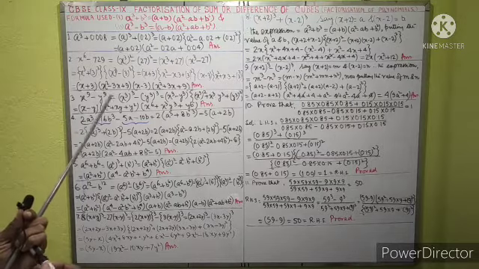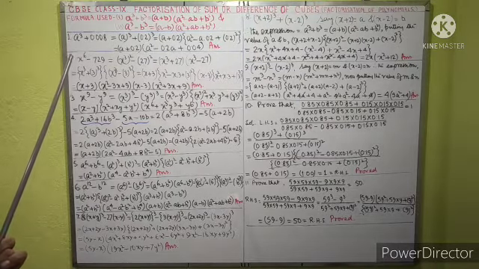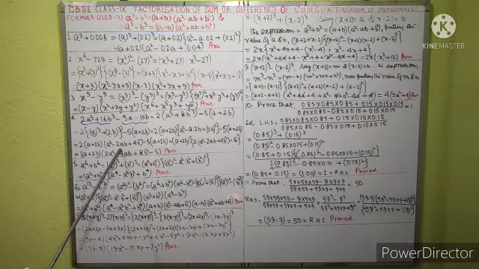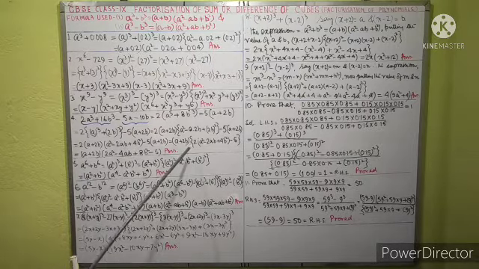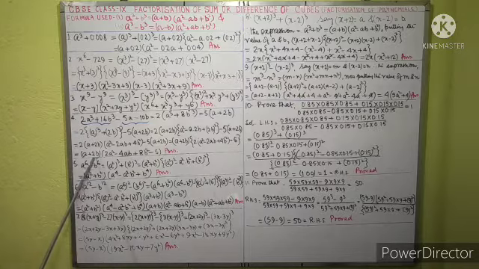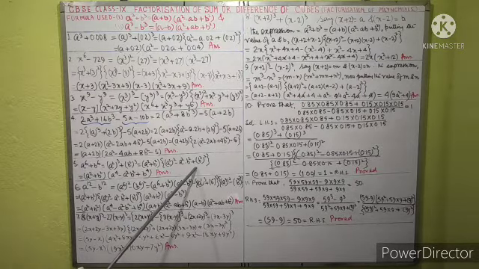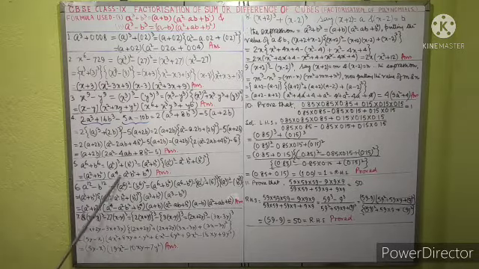And the second quantity, which is 5 into (a plus 2b), when this is calculated it will be a square, (a plus 2b)(a square minus 2ab plus b square), and this one minus 5(a plus 2b). a plus 2b is taken common, and after calculating you will get this one, a to the power 6 plus b to the power 6. Here you will get a square whole cube plus b square whole cube. Again you break it down with the a cube plus b cube formula, and this is this. So the answer will be (a square plus b square)(a to the power 4 minus a square b square plus b to the power 4).